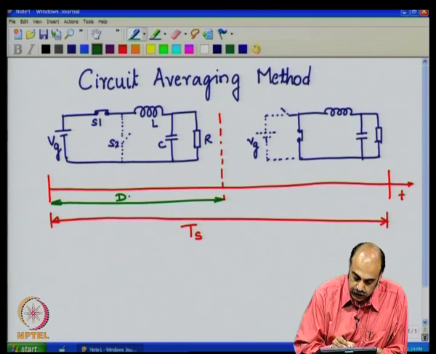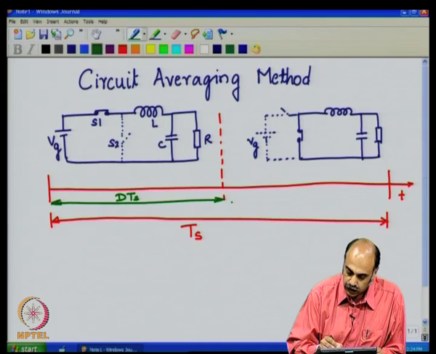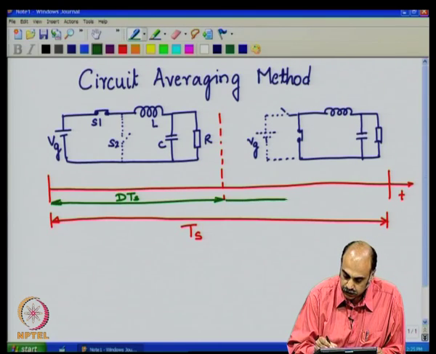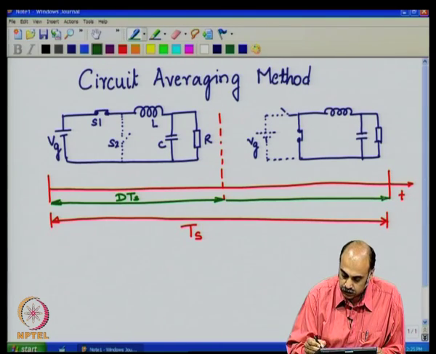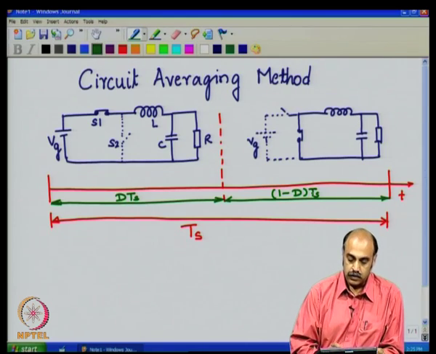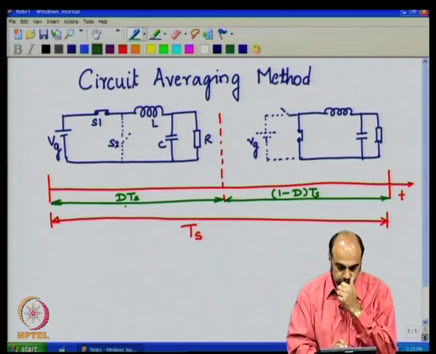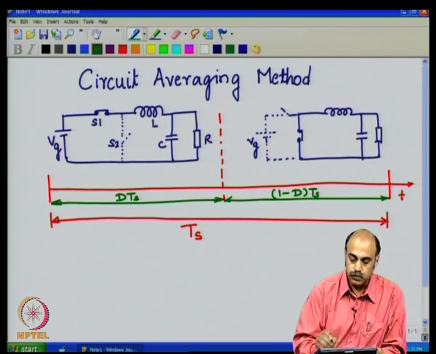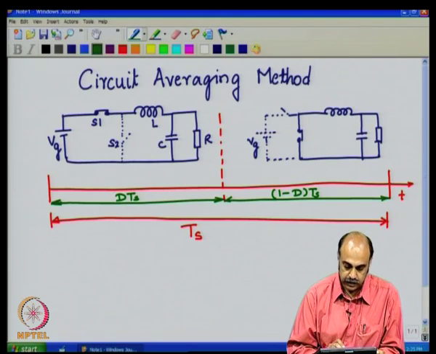This is D TS and this is 1 minus D TS, where D is the duty ratio. Now, these two portions of the circuits are operative at these points,